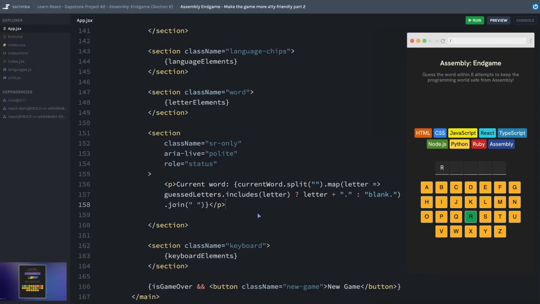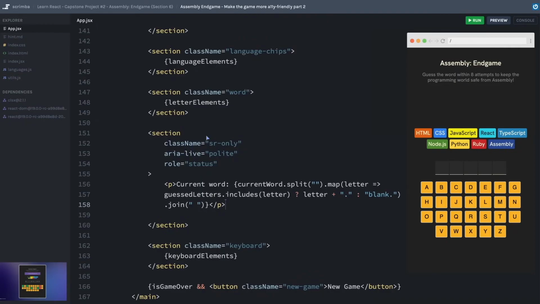Another accessibility user experience improvement that we can make is not just to reread out the current state of the word and the status that we have up above, but to announce whenever a letter was guessed correctly or incorrectly, every time a letter is guessed. So after the user selects a letter, we could have the screen reader read something out like, correct, the letter R is in the word, or, sorry, the letter Q is not in the word. We could even add something that says you have 6 attempts left.